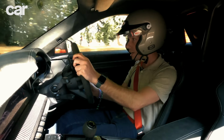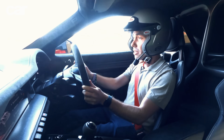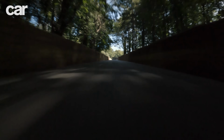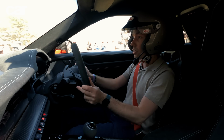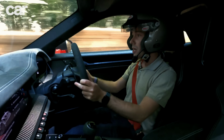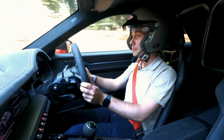Third gear through the flint wall. Oh, I'll be a bit braver. Come on, there we go. Bit of confidence in the rear end now. Blind corner, nice. Third gear. Little lift around another blind corner. Back on the power. Fourth gear, that's 100 mile an hour. And probably only got the aero working right at the end there. But